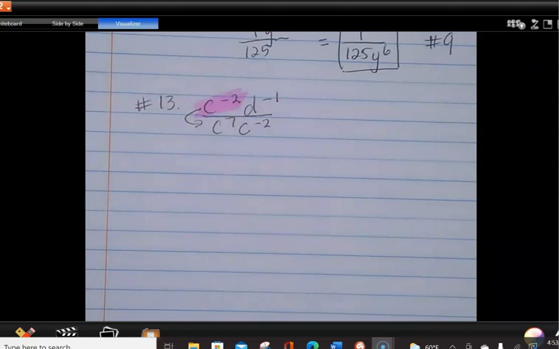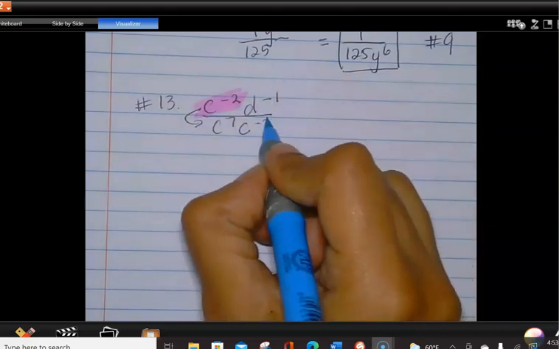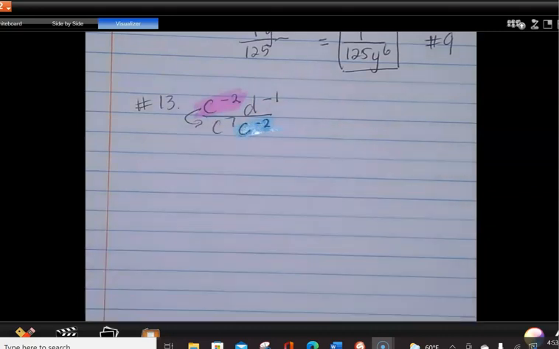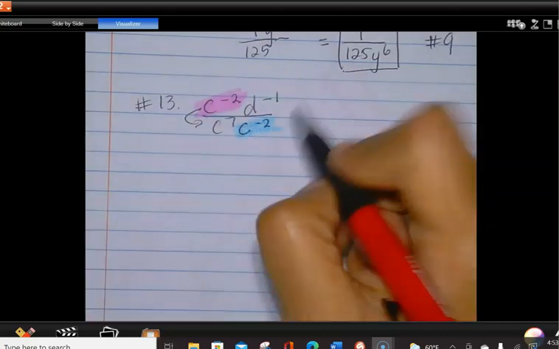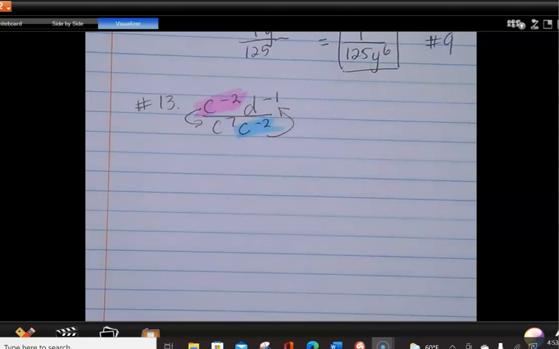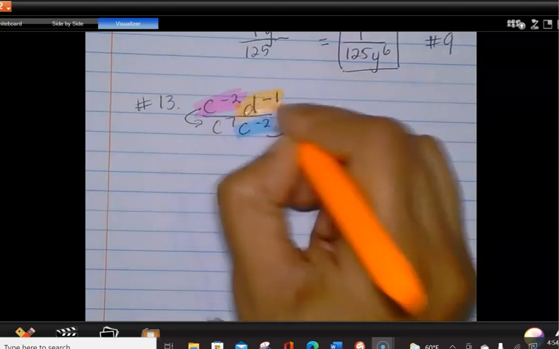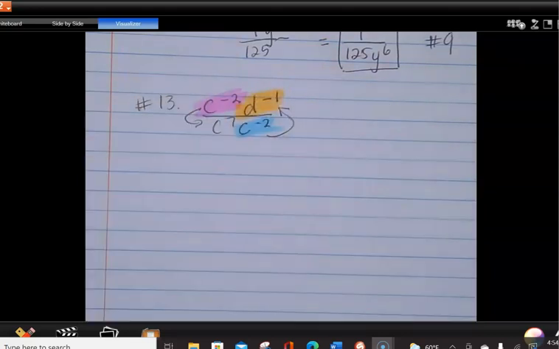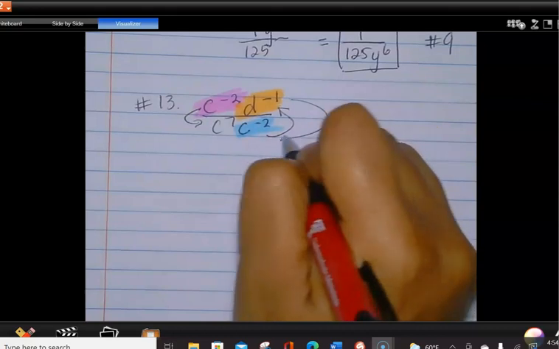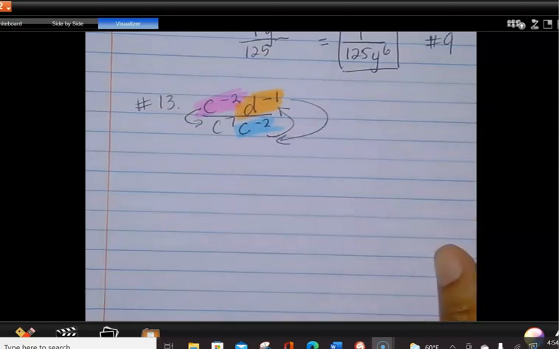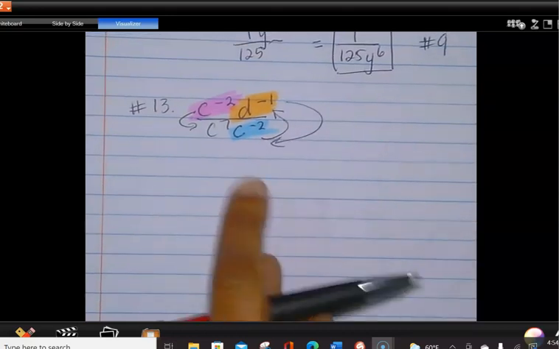This guy is going to come up. And I like to just use arrows. So he's going to come up. And then d to the negative 1, this guy here, he's going to go down. I'm going to put a down arrow here. So now when I sit back and I simplify this, I'm saying this is the only guy who is happy